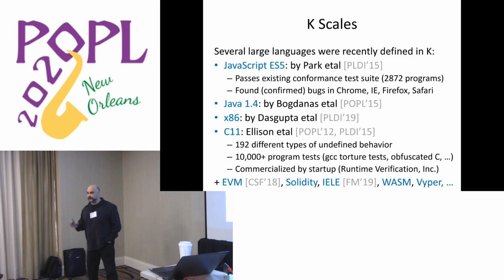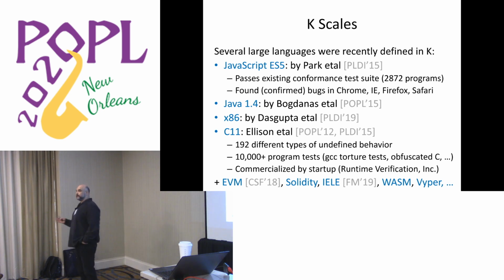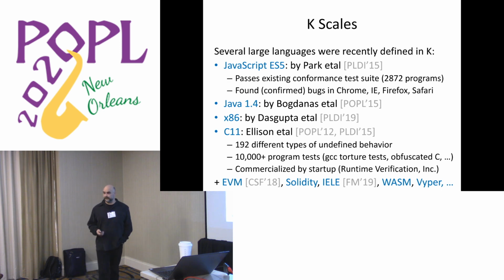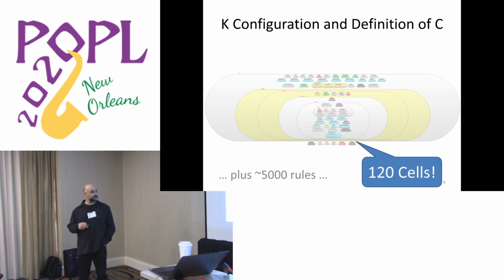And what that means is that you take benchmarks of programs that people use to test their implementations, interpreters, compilers, and so on, and be able to handle all those benchmarks with the semantics. Right? So only then you have confidence that you have the whole language. All right. Some languages can have huge configurations. This is the configuration of C, for example. It has more than 120 semantic cells grouped on various levels of nesting, and it has more than 5,000 semantic rules.